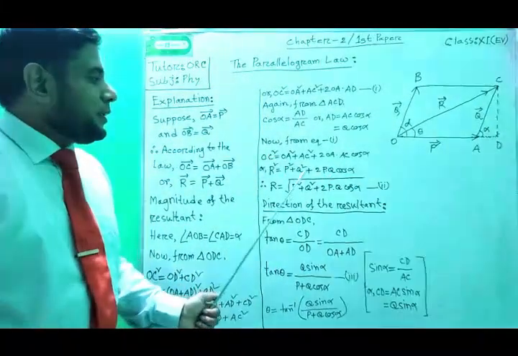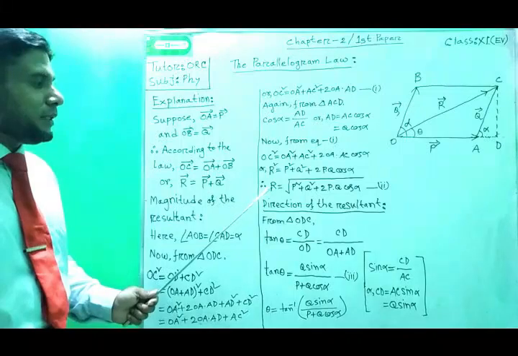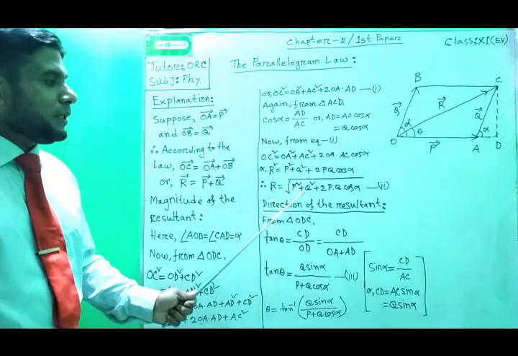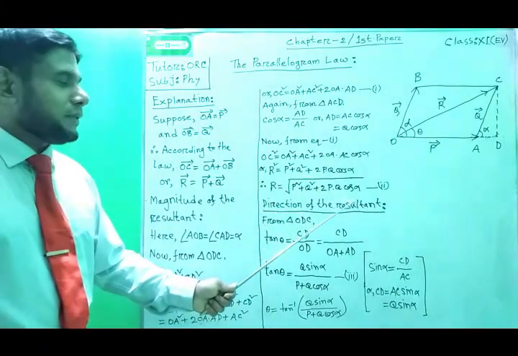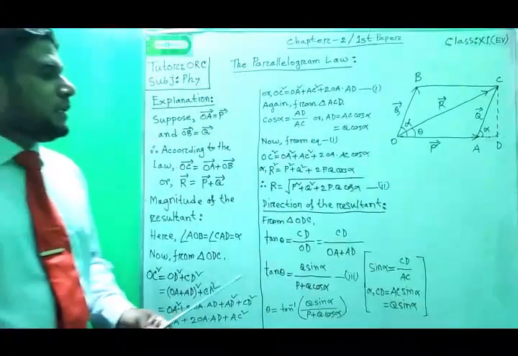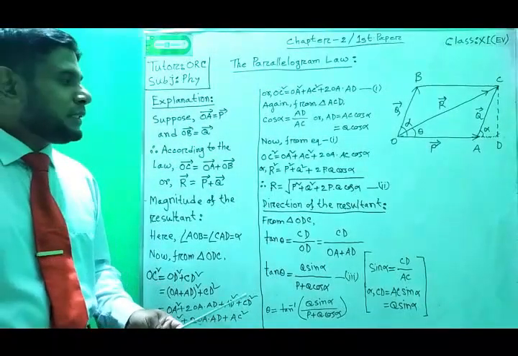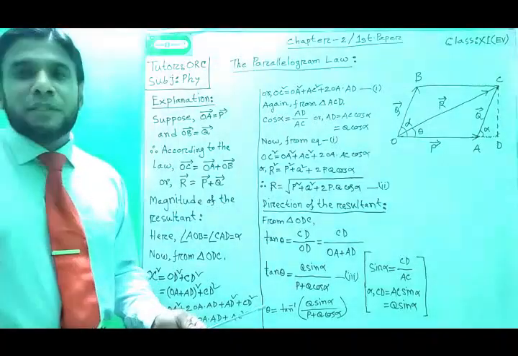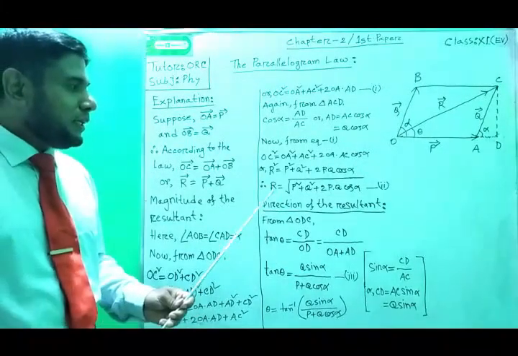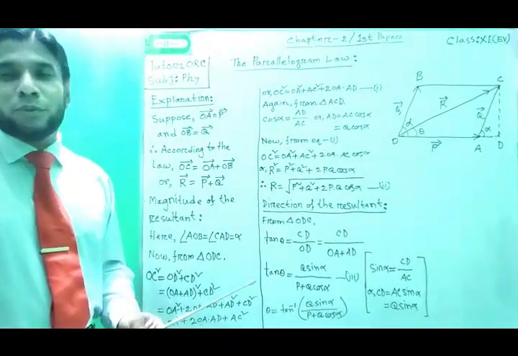So next line we can write in this way, as has given the square. So the resultant will be R equals root over P square plus Q square plus 2PQ cos alpha. This is the resultant of two vectors. When you have to find the resultant of two vectors in magnitude, then you can directly write this formula when you solve the mathematical problem or the CQ question.